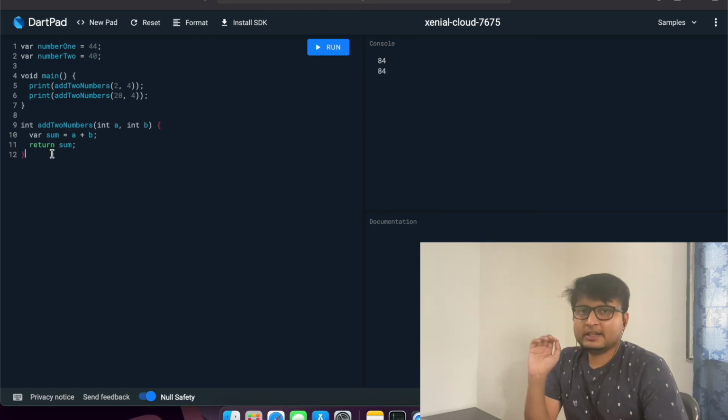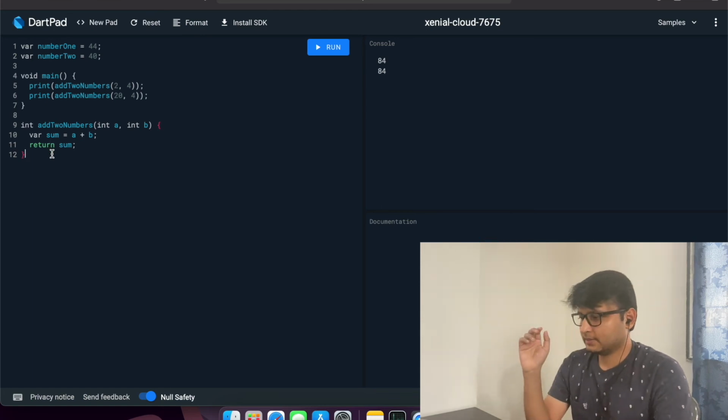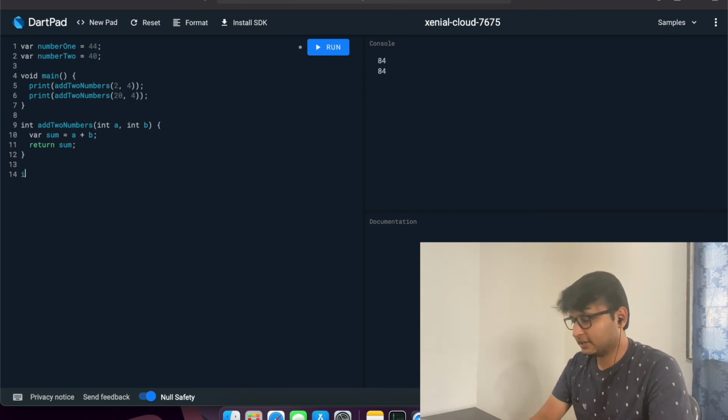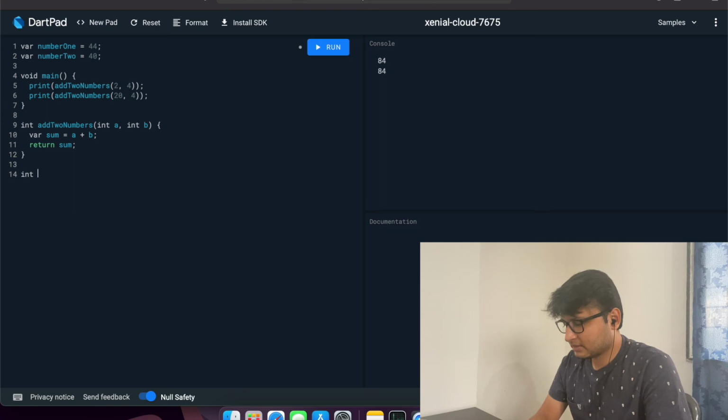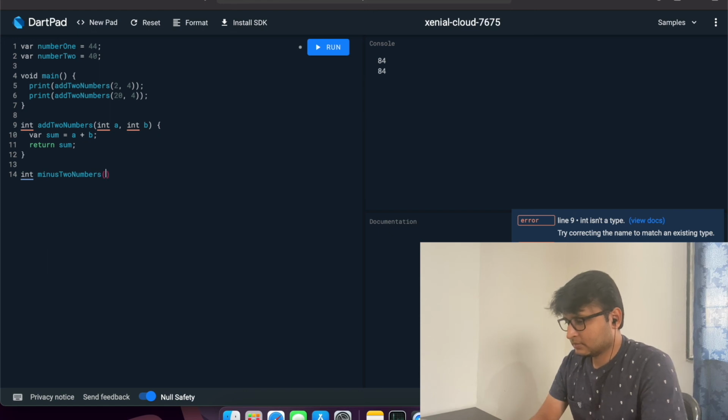Now, okay, let's write one more method which will return the subtraction of two variables. So how will you write it? First, the return type should be int, then similarly, it will be very similar to our addition.